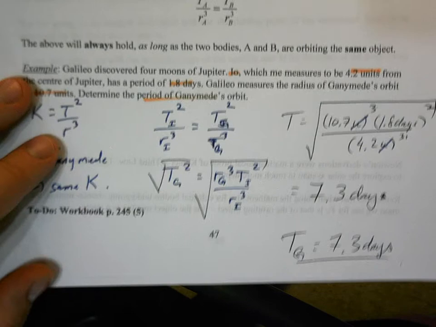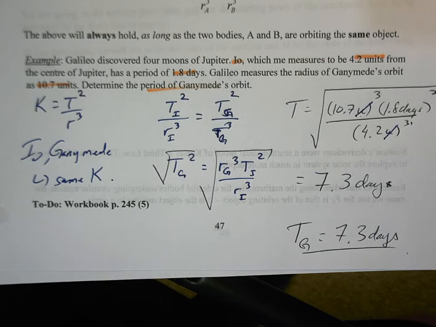And that's pretty much the only real mathematical application of Kepler's third law that we would use in Physics 20. So those are Kepler's three laws. The first law: planets travel in elliptical orbits. The second law: the closer an orbiting object is to the object it's orbiting, the faster it's going to travel, and the farther away it is, the slower it's going to travel. And Kepler's third law: k equals T squared over R cubed. Objects orbiting the same thing will have the same Kepler's constant.